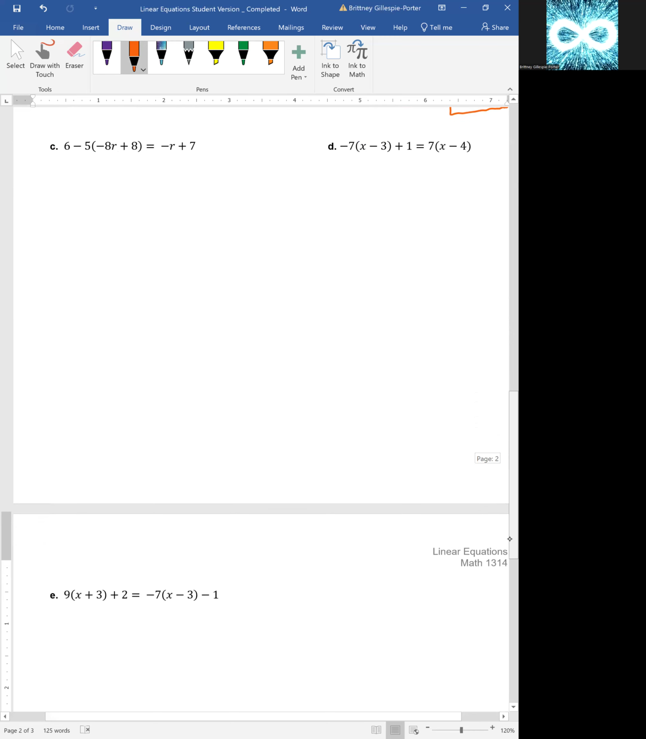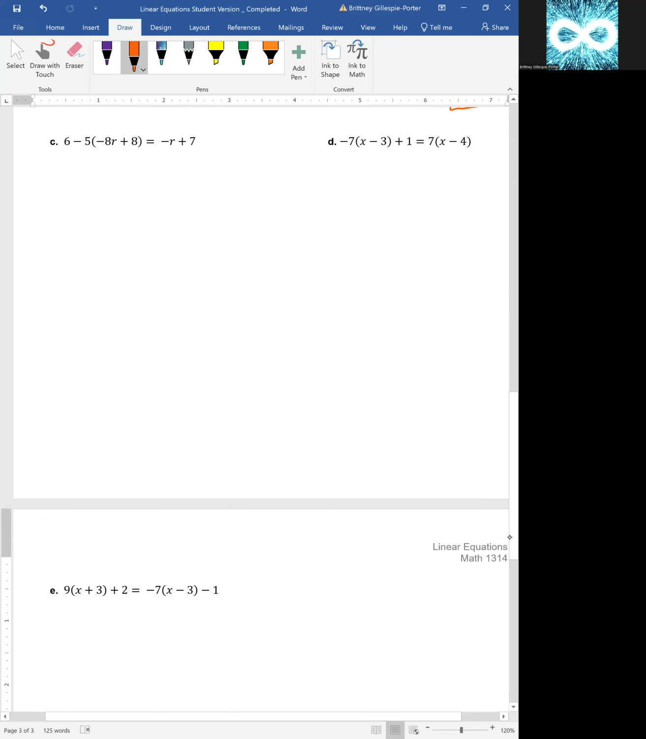Moving on to our next one. We have 6 minus 5 times -8R plus 8 equals -R plus 7. Okay. So with this problem, I know that you are tempted to combine the 6 minus 5. Don't do it because of our order of operations, which you probably learned as PEMDAS, but back in the day when